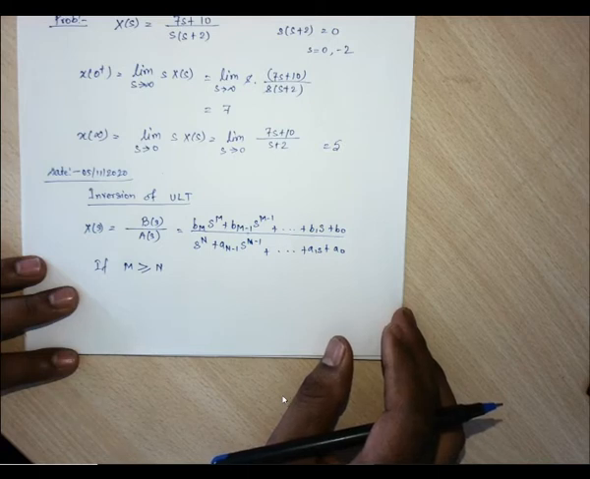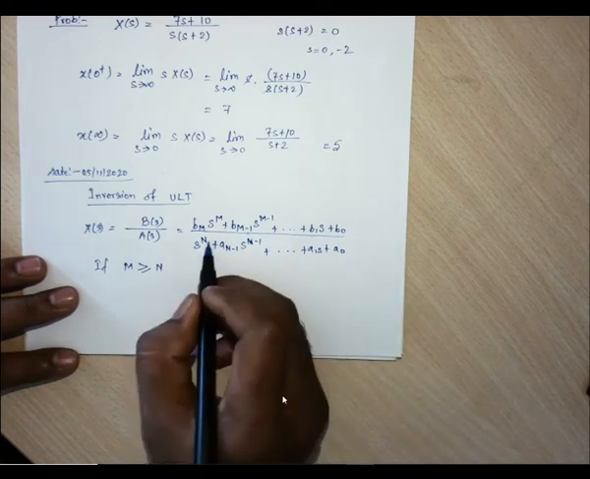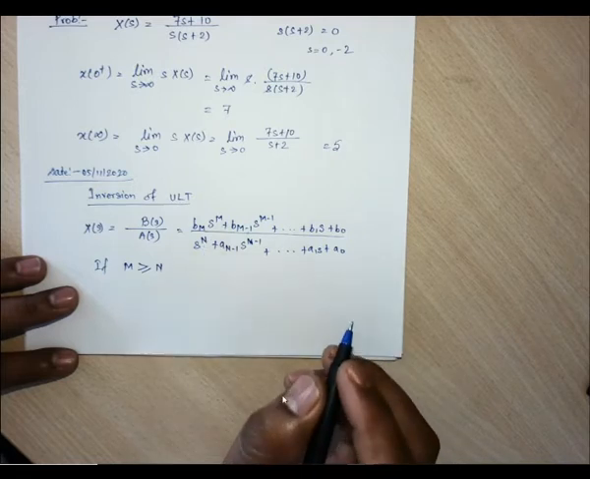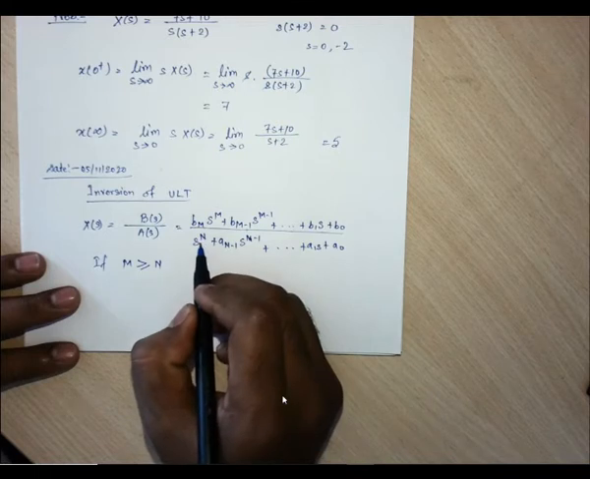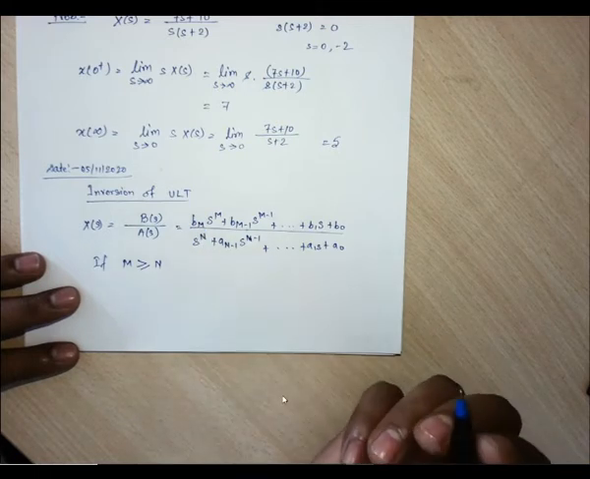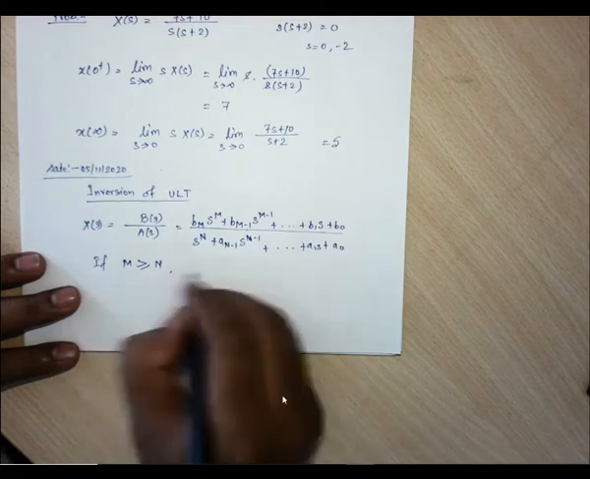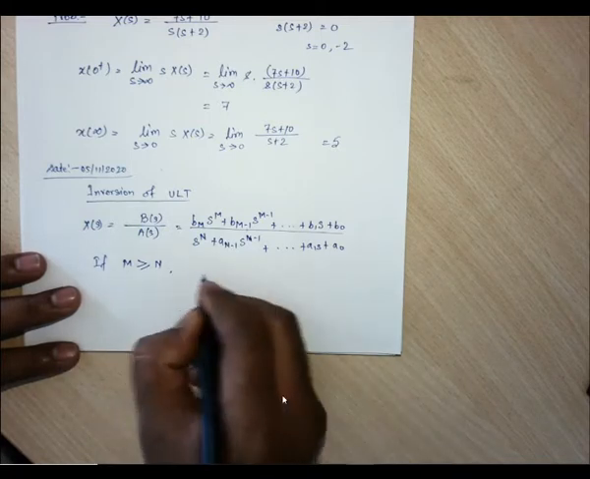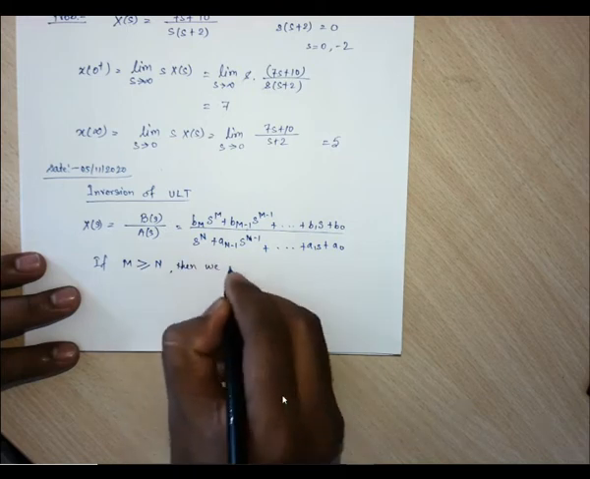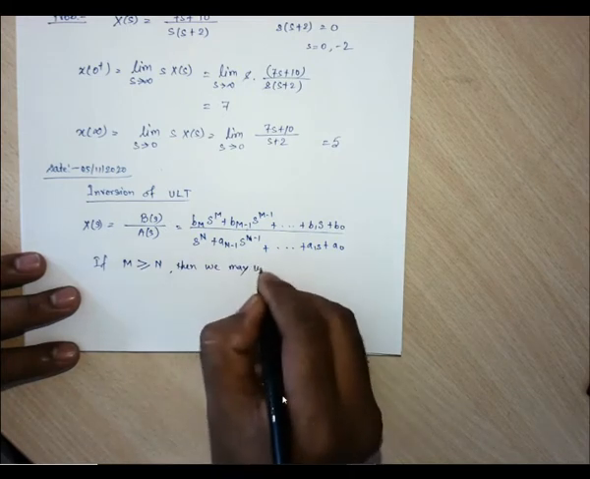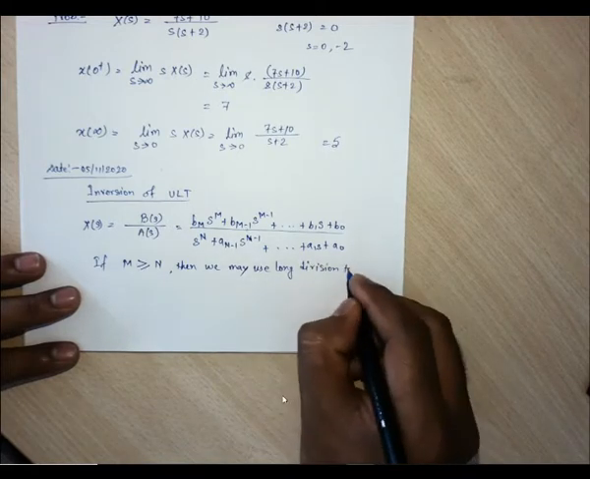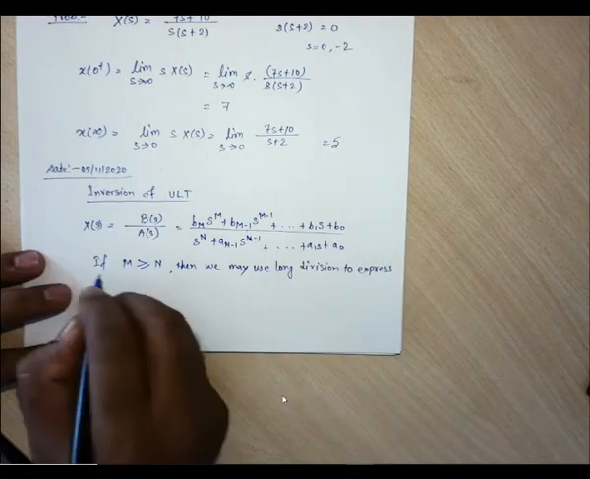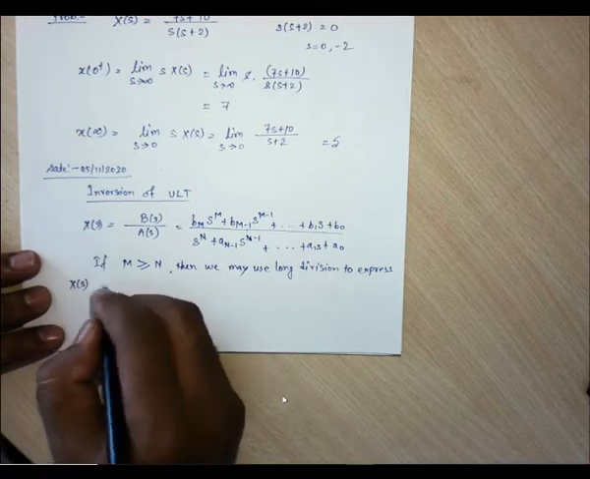For this case, we need to ensure that n is always greater than m. So for this we go with long division. We divide this one by this one. So if m is greater than or equal to n, then we may use long division to express our X(s) in the form